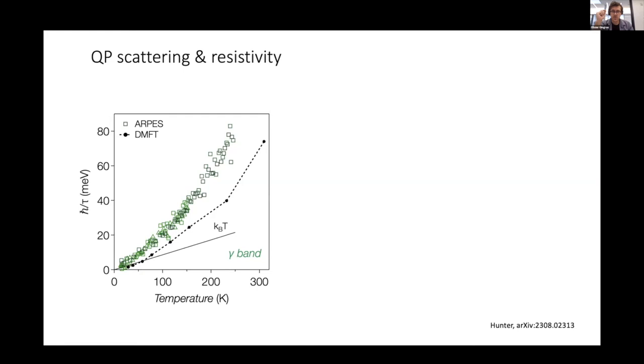Next question will be Seyong Park. Yes, my question is related to the two previous questions. If I understand correctly, the quasi-particle is well defined at high temperature, but somehow there is very fast scattering, and still you get a bad metal. This seems different from the conventional understanding. Do you have any idea what the scattering mechanism would be? You just mentioned electron-electron scattering, but what about phonons and other new types of scattering mechanisms?